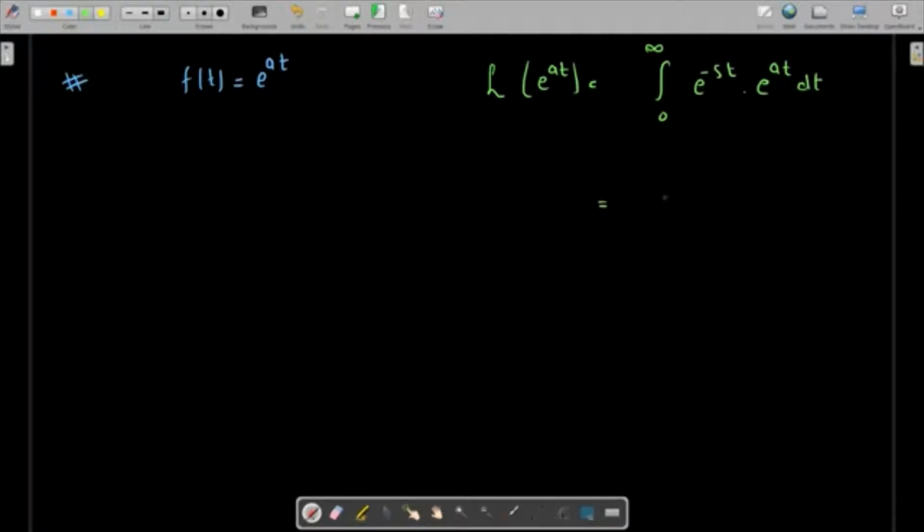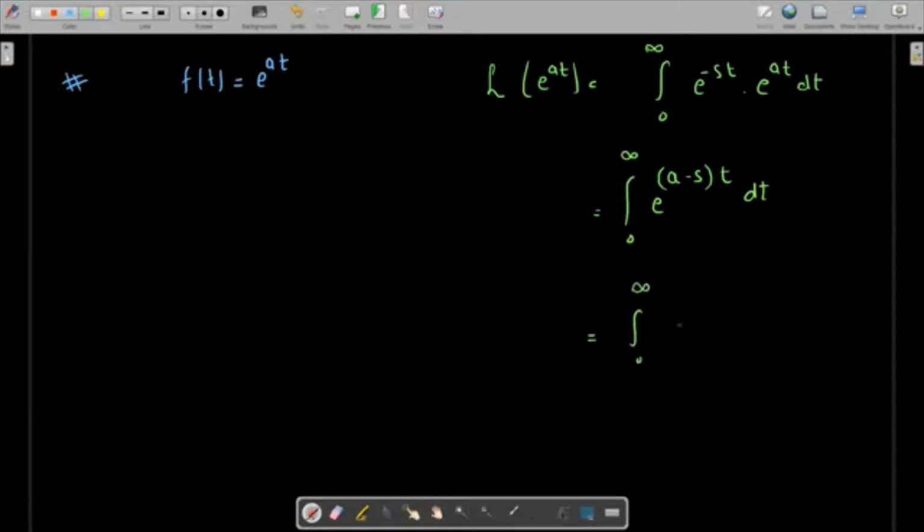The base is the same, so the powers are going to add, this is the rule of exponents, so this can be written as e raised to a minus s times t dt within the limits of 0 to infinity,